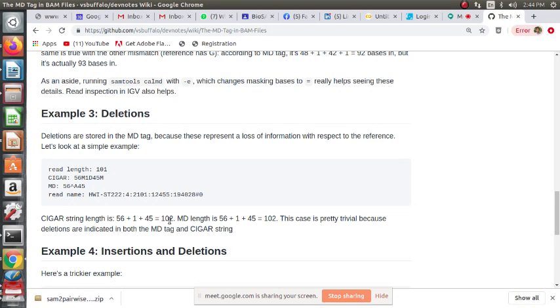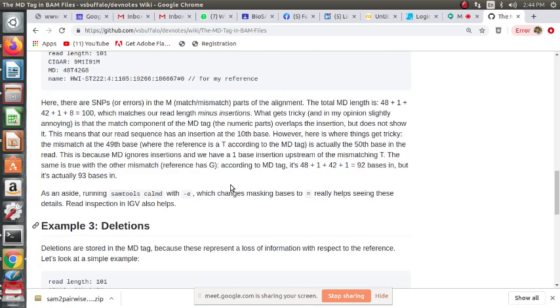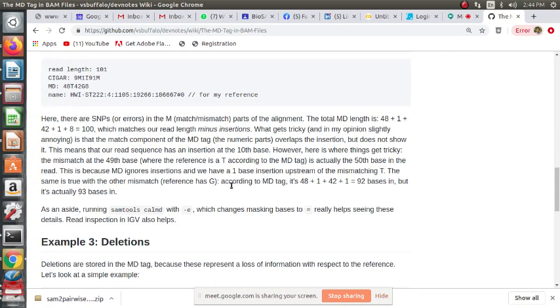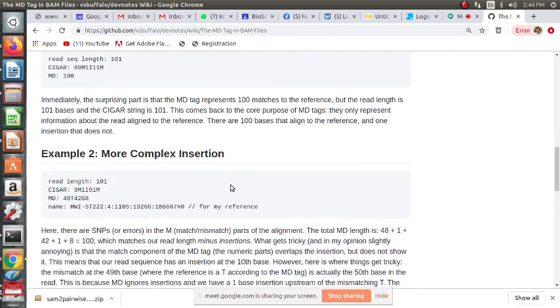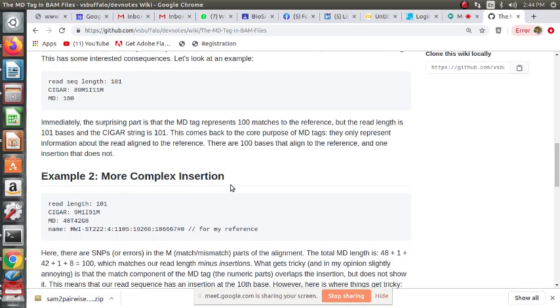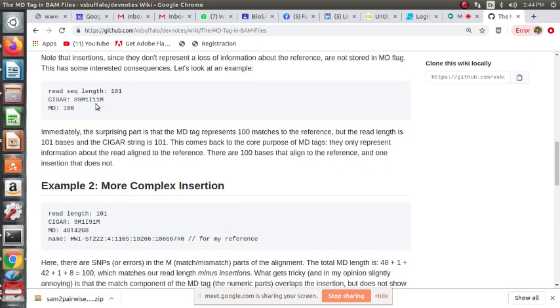So the cigar string length, as we see, is computed directly on the basis of the numbers. That's why we discussed just before how the sum of the cigar might differ in other cases. In the case of insertion, we are introducing an extra base. Even in that case, the read sequence length is the same: as we saw in the first case, 89 plus 1, 90 plus 11, 101.